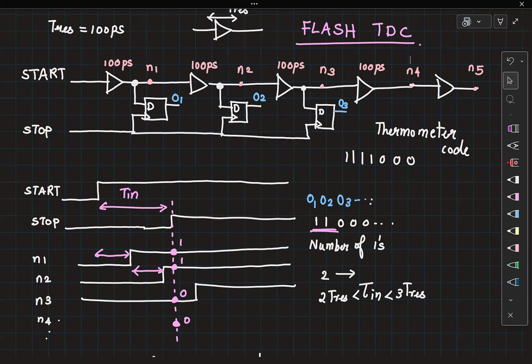Can we use a latch in this circuit? You want to use a latch so that it can also cover these negatives? I didn't follow the latch part. Like instead of a flip flop. The flip flop is now sensitive to the rising edge in stop. If you use a latch, it is now not sensitive to the rising edge. That is not problematic.